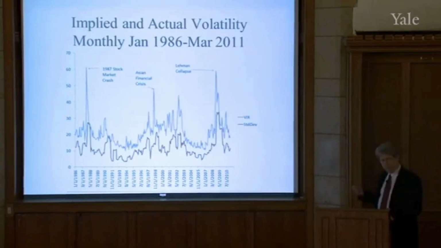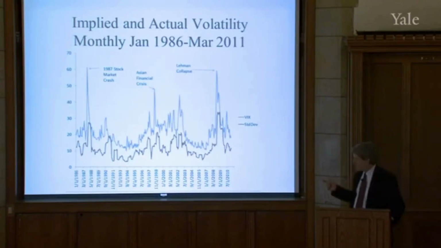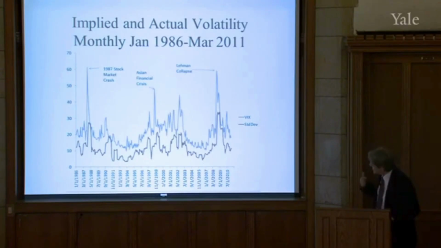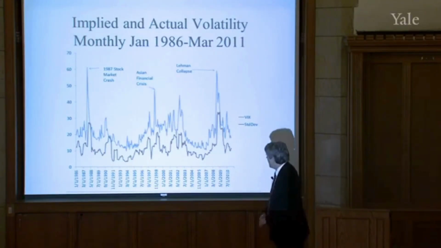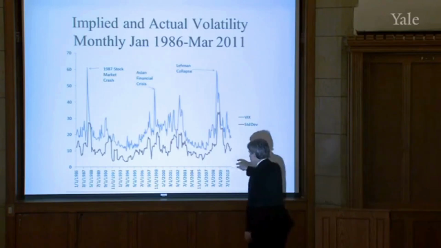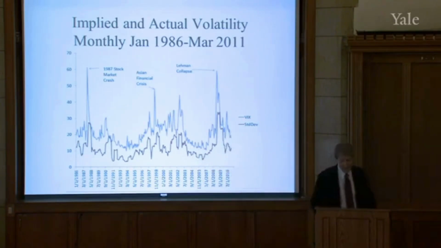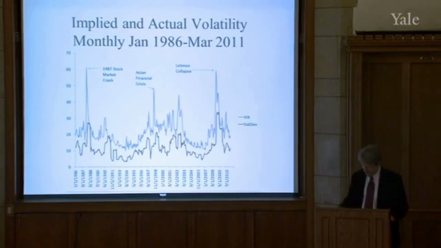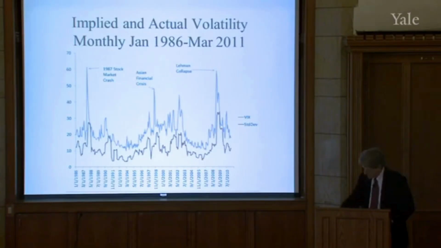So implied volatility, you can't ask easily from this chart whether it was right or wrong. People were responding to information, and the response felt its way into options prices. There's no way to find out ex post whether they were right to be worried about these events, but they were worried, and it led to big jumps in options prices.